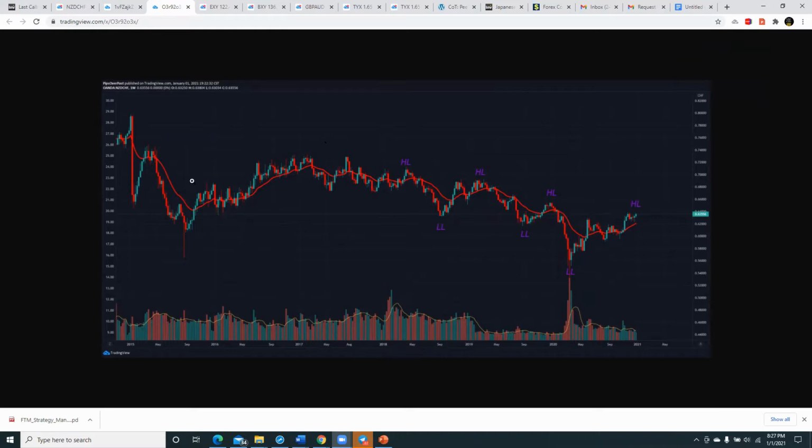So a little bit about market structure. If you guys are familiar with market structure, it's going to be a great technique that's going to improve your overall odds of catching a great entry within the initial trend direction. If you're not familiar with market structure, no worries. Just click on the other video that's titled market structure. Not sure what I'm going to title it, but it will have something like market structure on there